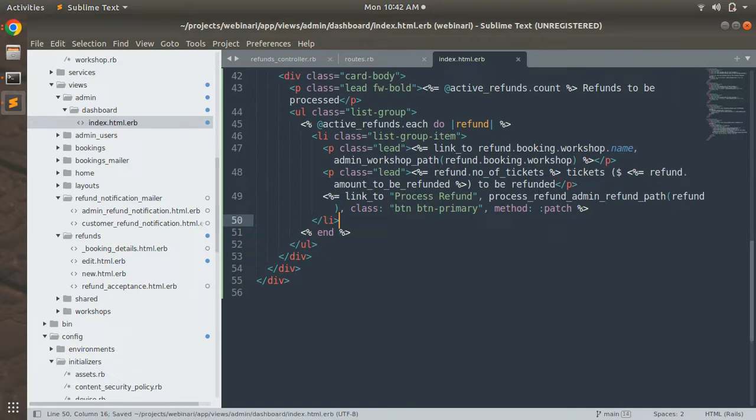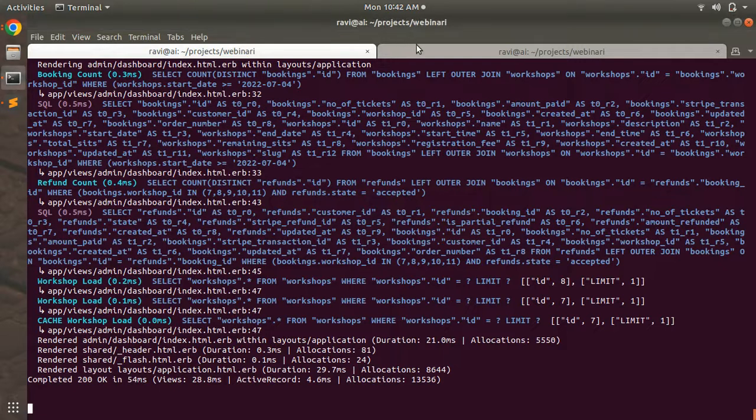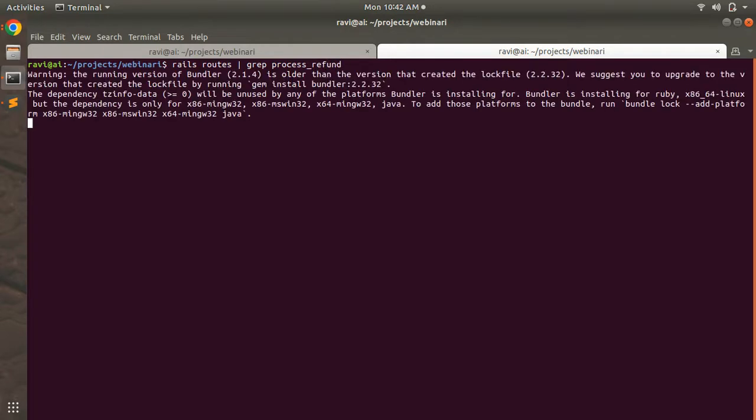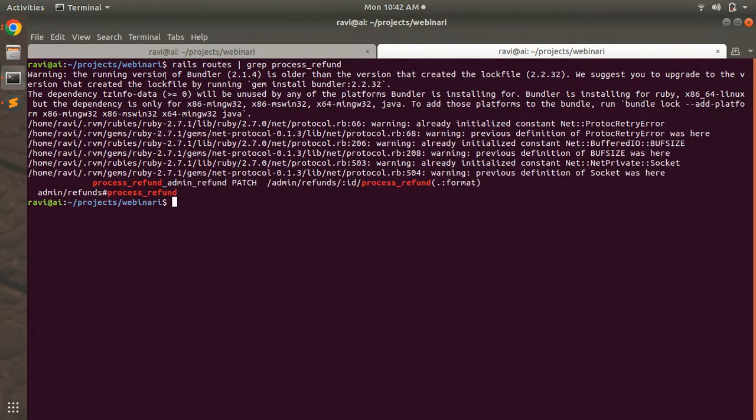Okay, so to know the exact path for a route, what you can do is go to the terminal, switch to a new tab, and run rails routes and then grep, let's say, process refund, because this is the member route that we defined in the routes. Here you can see the path name, process refund admin refund path, and that it accepts an argument id, which is the instance we provided in the link